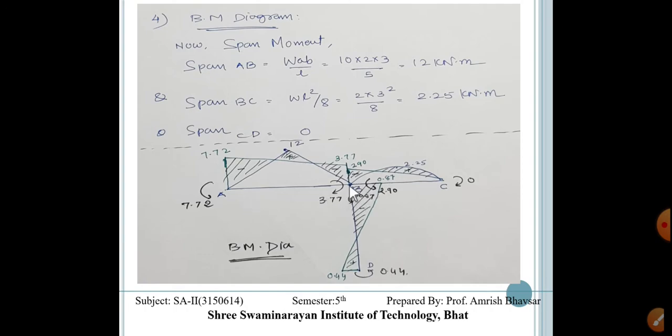Now from B to C, यहाँ पे हमें जो moment मिली है वो 2.97 की है, and that is anticlockwise. Again anticlockwise moment is our negative moment, and it is going to uplift our beam over here. So it is 2.90 somewhere over here, and the span moment for BC, that is 2.25, is somewhere over here. So we will take the diagram in parabolic curvature. This shaded area is the bending moment diagram for B to C.